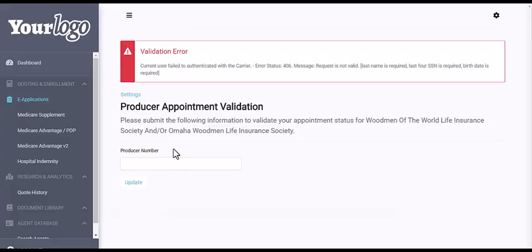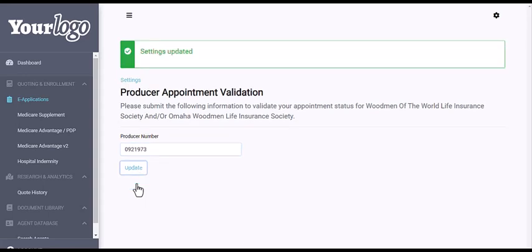The first time you try to submit an application for WoodmenLife, you will be prompted to enter in your producer number below. If you are not contracted with WoodmenLife, you would receive a validation error. I'll enter in my WoodmenLife producer number and then hit Update. It will then say Settings Updated, and then it will take me right into the Medicare